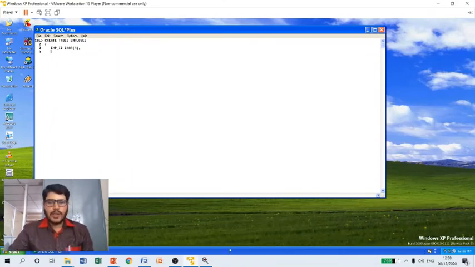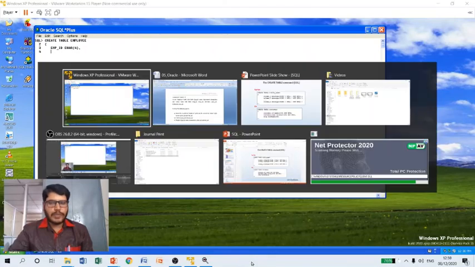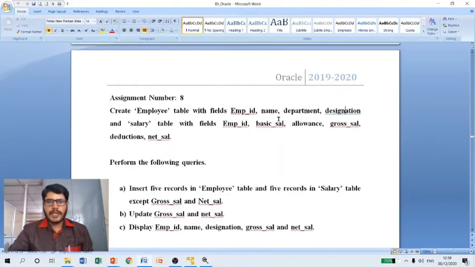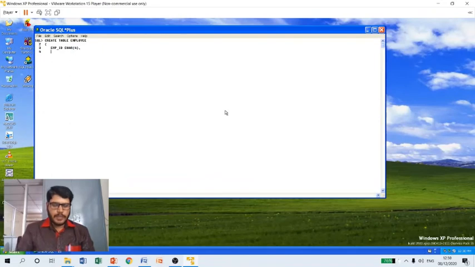And the next column definition, what I need to specify? I need to specify name, department, and designation. Still, we have to define what? 3 column definitions. Let us do this. The next column definition is what? Name. So every employee is not having a similar length of a names here. So that's why let me consider name as varchar data type. And I'm going to specify the size at a 30.